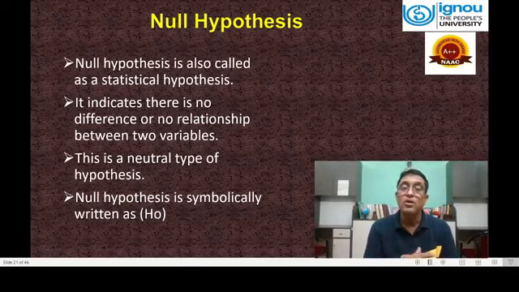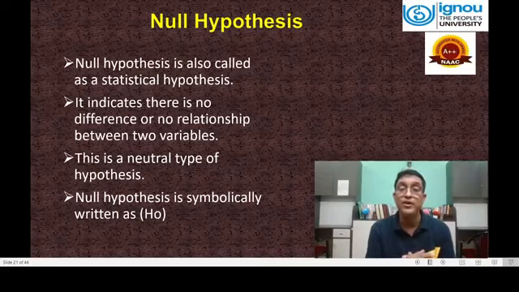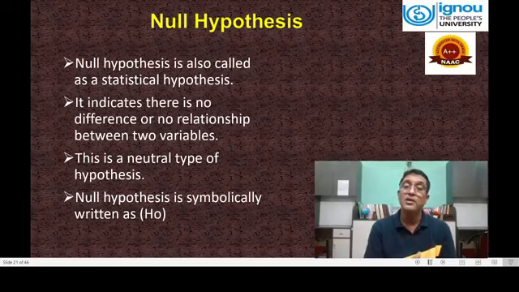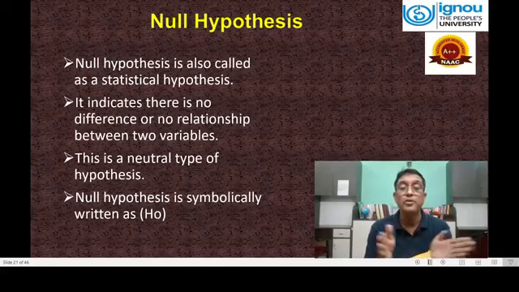It does not compel the researcher toward certain types of bias. When you go through the null hypothesis, you get an idea that the researcher is not biased in his or her approach to conducting the study and stating the hypothesis. That is why the researcher clarifies that there is no significant difference between two groups or no significant relationship